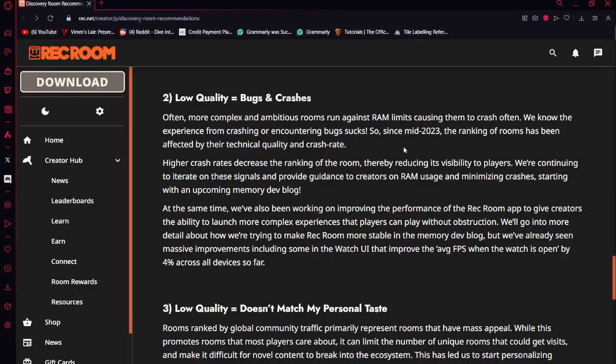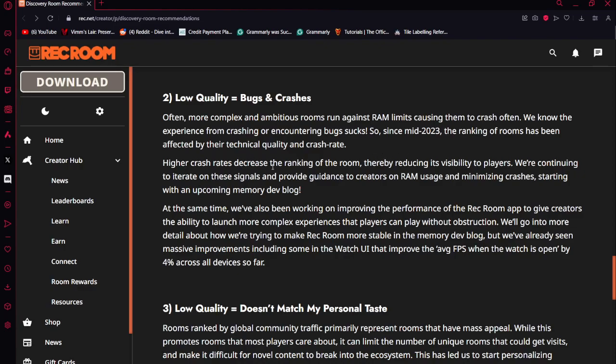Experiencing crashing or encountering bugs. Since mid 2023, the ranking of rooms has been affected by their technical quality and crash rate. Wow, that's... so if a room has a lot of circuits in it and it's kind of laggy,